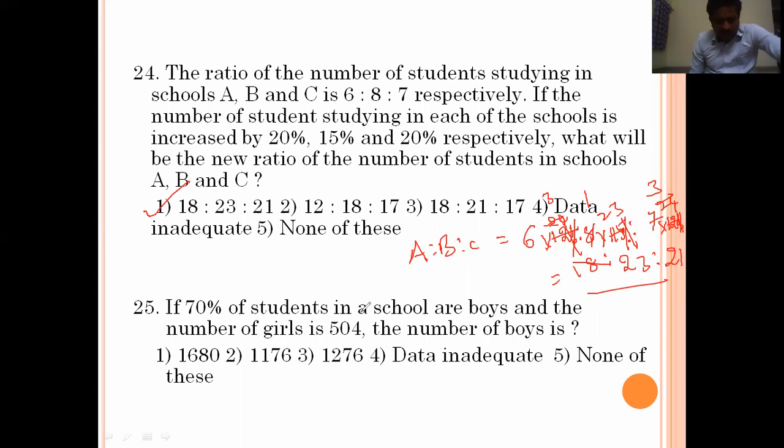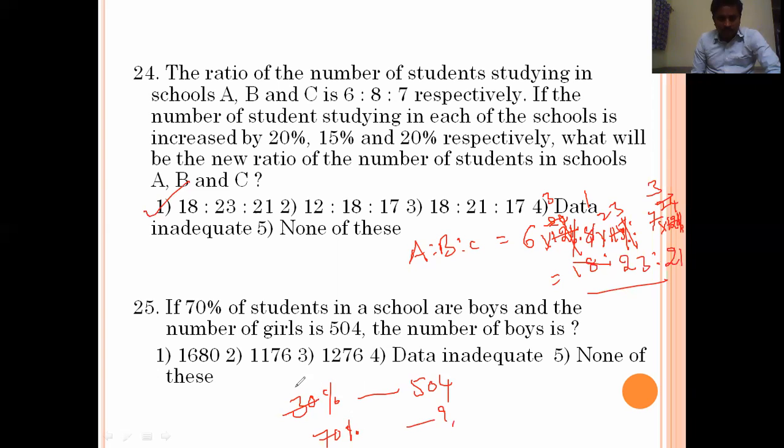If 70% of students in a school are boys and the number of girls is 504, the number of boys is? 70% of students in a school are boys and the number of girls is 504. 70% boys means the remaining how much percent is there? 30%. 30% belongs to girls. The total number of girls is 504. The number of boys is 70%. To find that value,